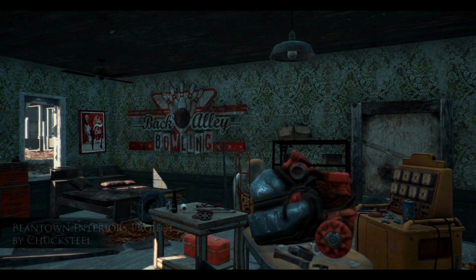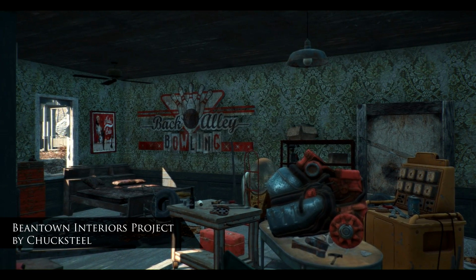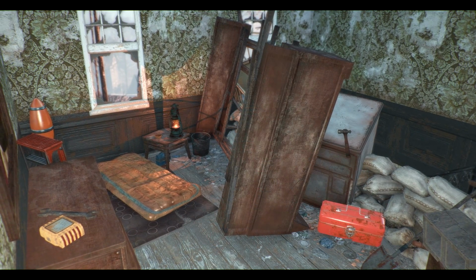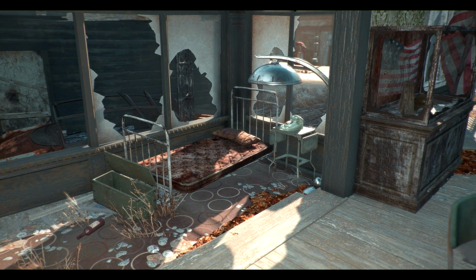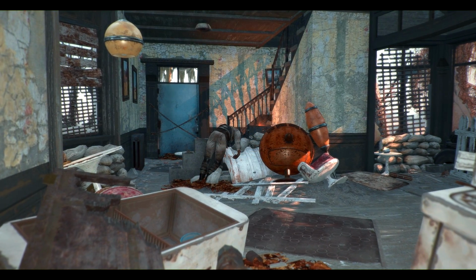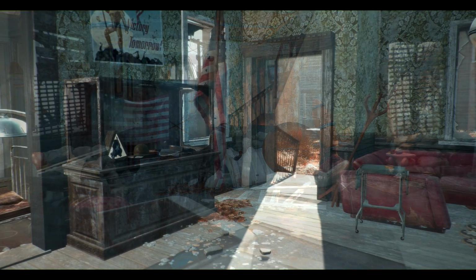Last up in this video, we're going to take a look at Beantown Interiors project. Now this is a sister mod to DC Interiors from Fallout 3 and New Vegas Interiors from Fallout New Vegas. And what the mod currently does is opens up 11 previously boarded houses in the small town of Concord. This means that you have 11 new areas to explore that previously you couldn't even get into,